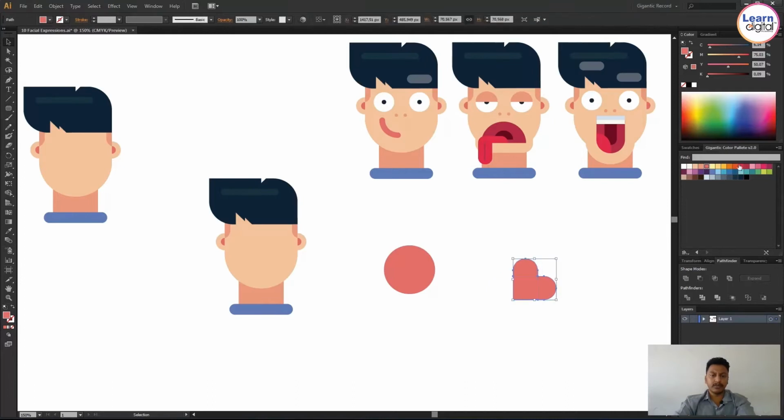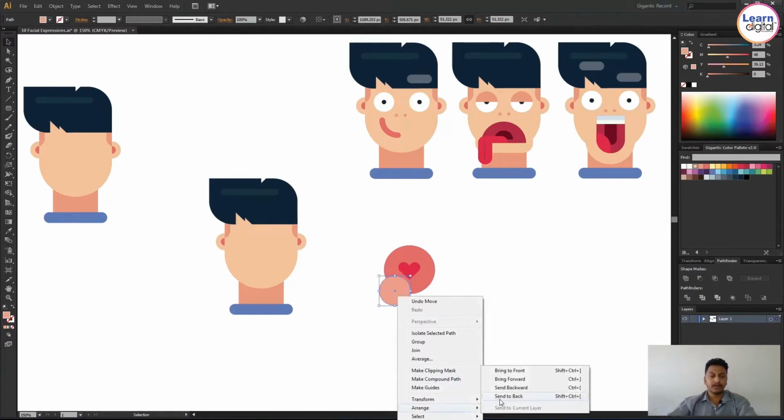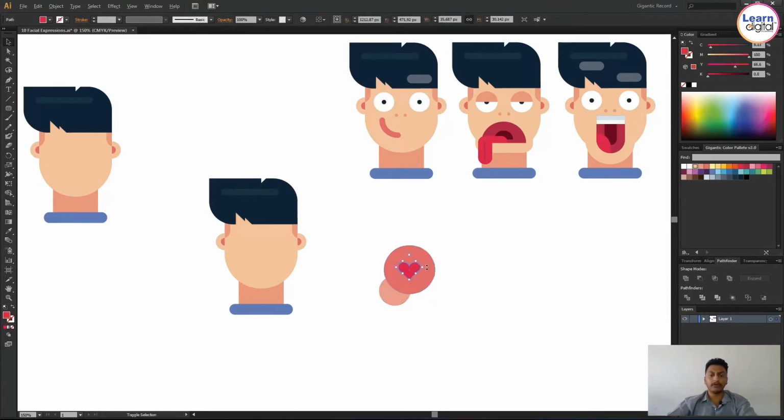So this one I'm placing for the eye, actually the eyeball. Instead of dotted and rounded eyes, I'm placing this one. Here you can observe with the help of a rounded rectangle, I created a heart shape. You can use an ellipse also, or other parts also. With the help of shapes, you can create a heart, not an issue. Whatever kind of shapes you use, no one will ask, but the major thing is the output.